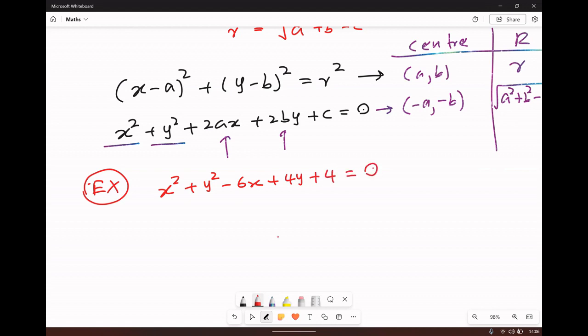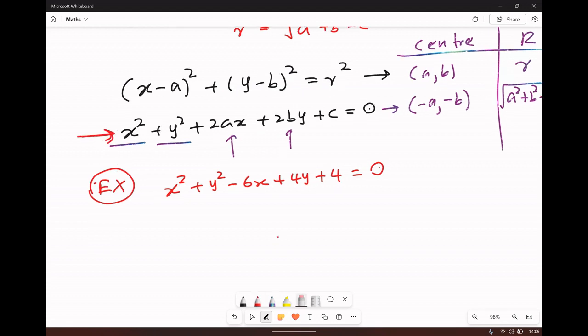Right, so then we can recognize that. So then this is in the second format as shown here. Okay, so let's consider this example now. I'm going to rewrite this in this format: x squared minus 6x plus y squared plus 4y plus 4 is equal to 0. Then I'm going to convert that into this format. We know that this example is in this format, but we can convert it into the other format, so we can easily get what A and B are, or we can recognize the center and the radius